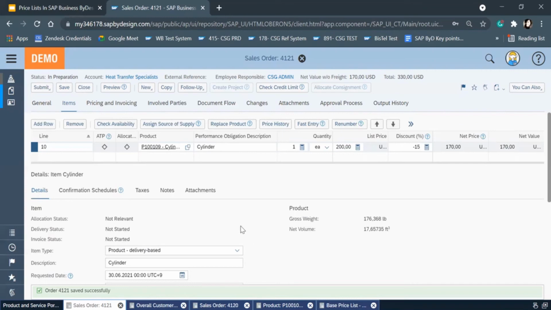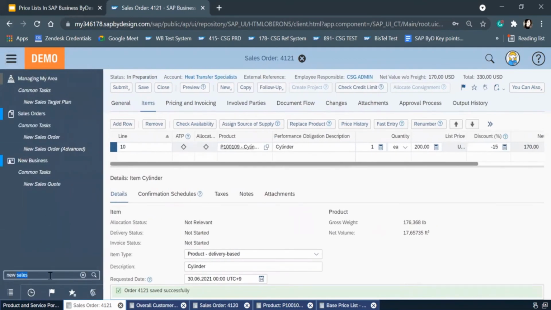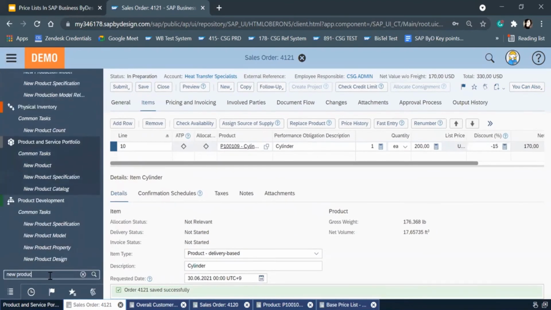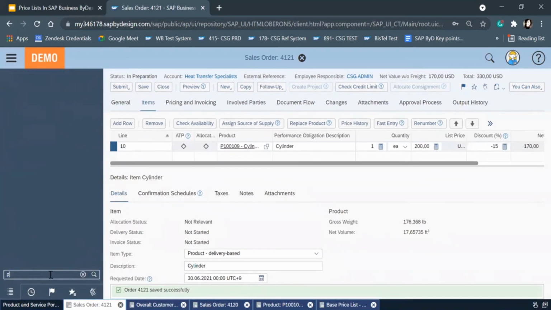I think we don't have any report as such, but we have a report where we can see the particular sales order price components. But if you want to see which discount list is being used, then it's not there, because I tried to find it out.